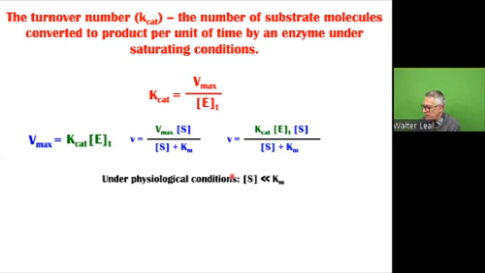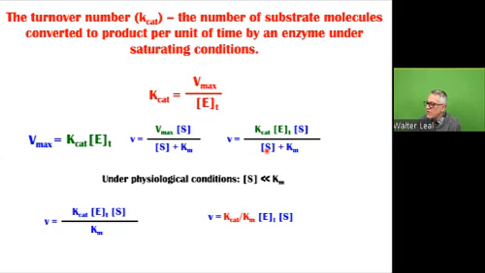We got this, and under physiological conditions, when the concentration of S is much smaller than Km, S is going to be irrelevant in the denominator. This is a very important thing, because if you have a sum of numbers in the denominator, it's not an easy calculation, but it is easier if S is so small that it can be neglected, as we do here. So it becomes V equals Kcat times ET times S divided by Km, and the Kcat